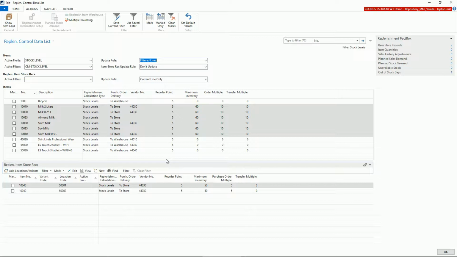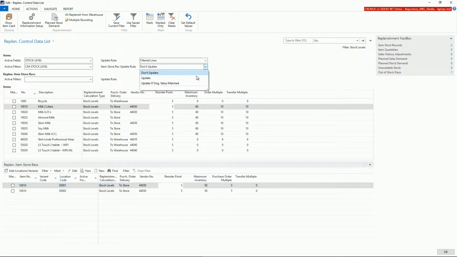Another functionality here is the inherited update. And the inherited update means that when we change a value for the item, we want to update the same parameter in the replenishment item store records. To do that, we need to change the item store record update rule to update. And then when we change the value here, for example, for this milk item,